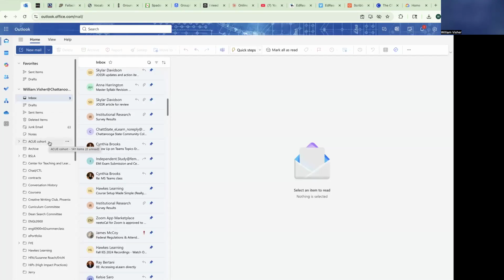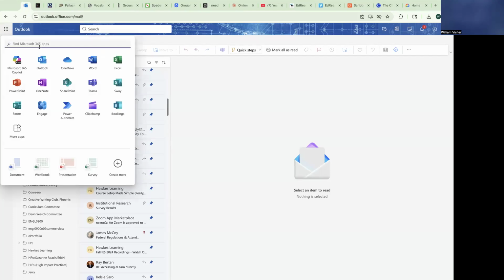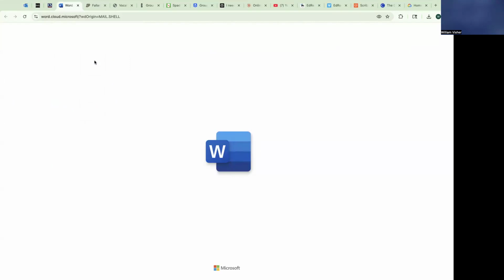Also, from your email, I showed you in the Getting Started module how to download Microsoft, because this is free. You may as well use it. And if you don't have this when you click on this 3x3 grid, please contact the IT department and give them your A number, because you should have this. You pay for it with your tuition, or you get it anyway. It doesn't matter. So if you click on Word,